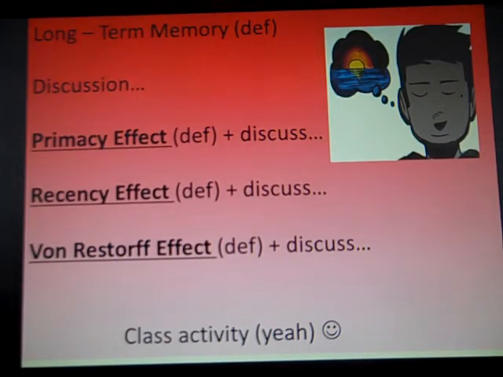Now, unlike short-term memory, and you want to write this down, long-term memory refers to information that is stored away. It's not active conscious knowledge. It's not stuff that you're thinking about right now. However, we're talking about information that you can pull up and place into your short-term memory. You have probably millions and millions, maybe billions of pieces of information stored in your long-term memory. And you can't possibly think about all those things at the same time, but you can pull them up, and